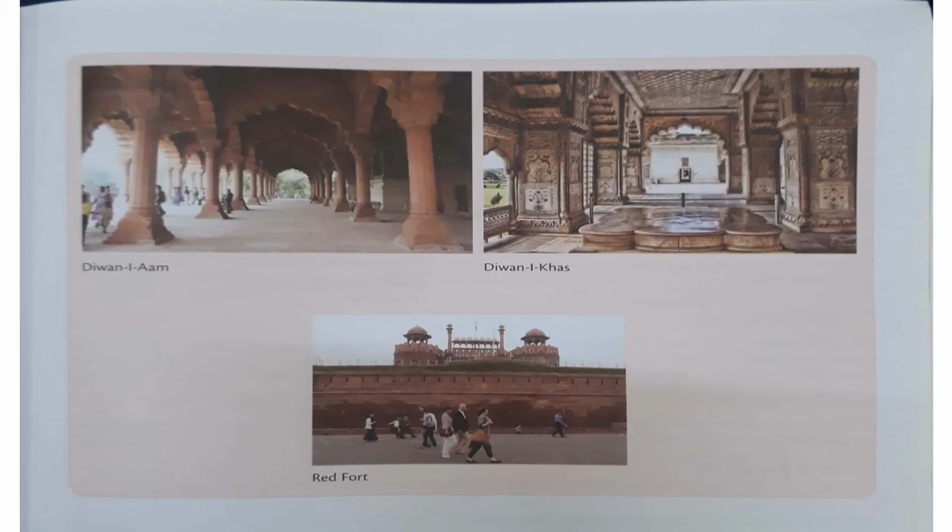Shah Jahan constructed the Red Fort to serve as the residence of the Mughal emperor after he shifted his capital to Shahjahanabad from Agra. The fort lies along the Yamuna River. The fort has massive red sandstone walls. Children, I have already told you the Mughals were always using red sandstone, so it was also built with the help of red sandstone,